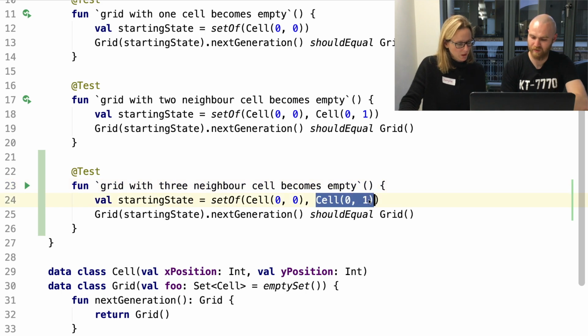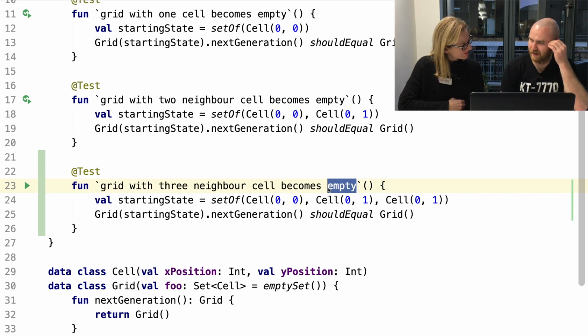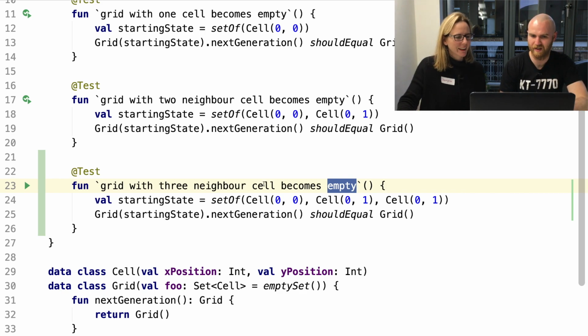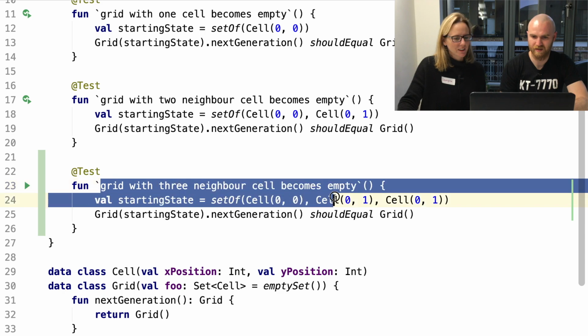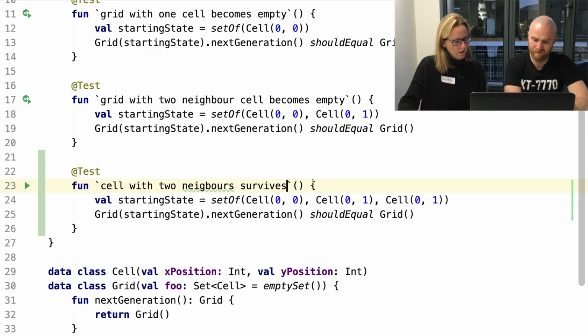Oh, it doesn't become empty though. Oh, sorry, no, you're right. So the case becomes one cell? Yeah. Maybe we should go for actual rules and say a cell with two neighbors survives or something like that. Yeah, I think that would be more descriptive. I'll get rid of this. Survives. So we've got 0, 1, 1, 1. And then 2, 2, yeah. And what we're saying is that 1, 1 will survive? Yeah, so we would want,